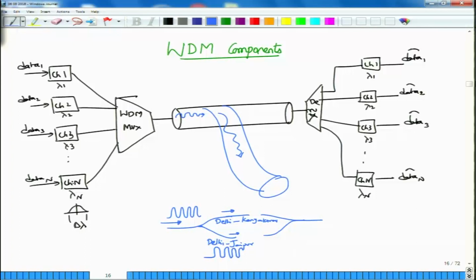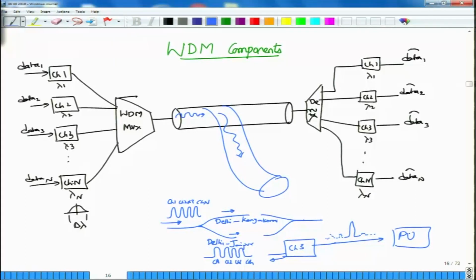There are better ways of doing this, which I will tell you about. One way is to first copy the entire set of different channels. So this is channel 1, channel 2, channel 3, channel N, and so on. You copy everything here, and then you select only one of them. Maybe only channel 3 is supposed to go to Jaipur. So you select only one and reject or suppress all the other wavelengths. So you have no wavelength here, then this wavelength has been selected, and again no wavelengths, and you pass it on to the local processing unit in Jaipur.